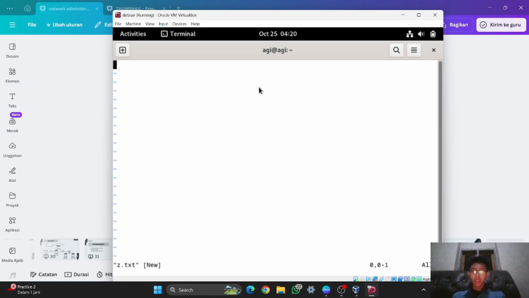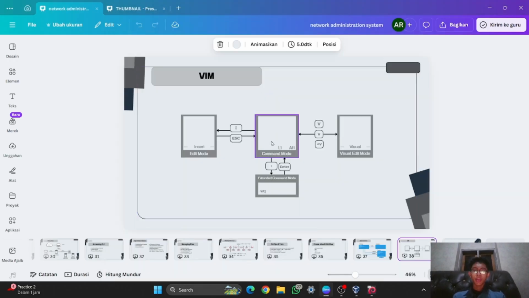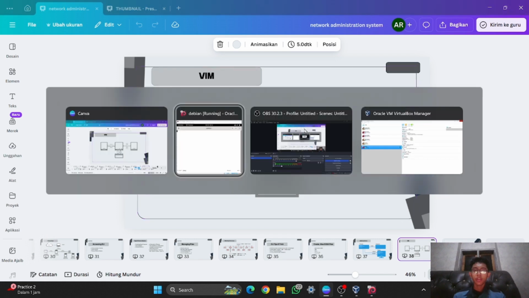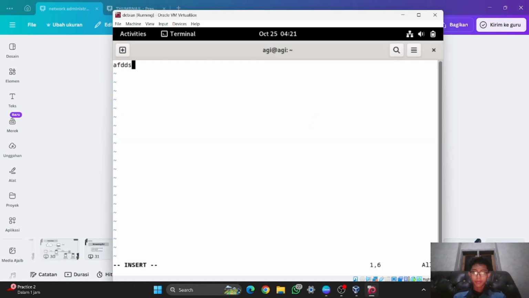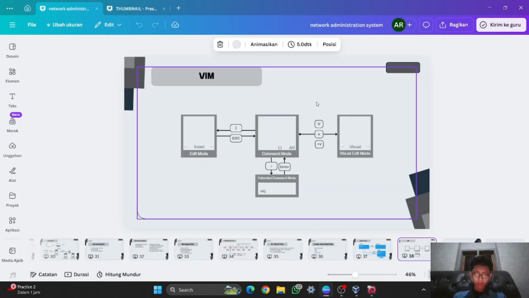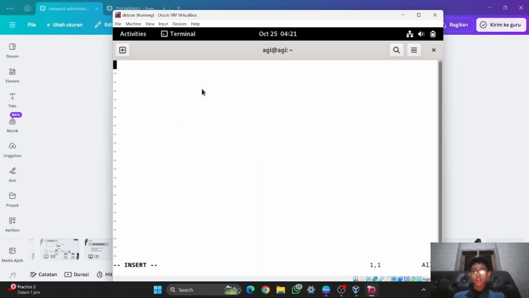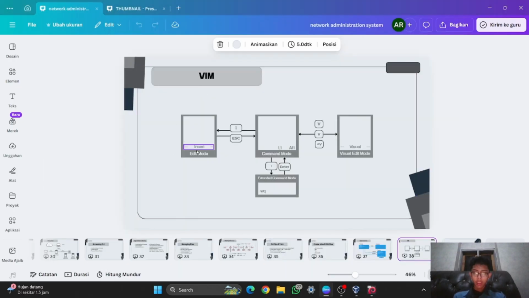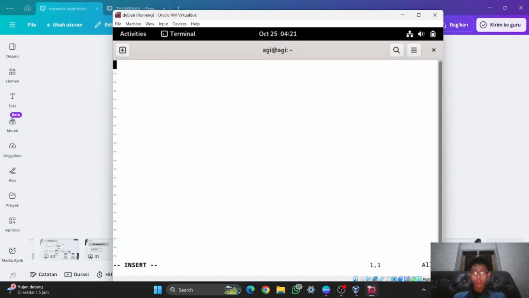And in here you may remember that by default, if you are using Vim, you are in command mode, and you cannot type anything in here. Oh, sorry, you can, but I don't know. But if you want to edit or insert, you have to go to the insert mode, which is using I, and then enter.